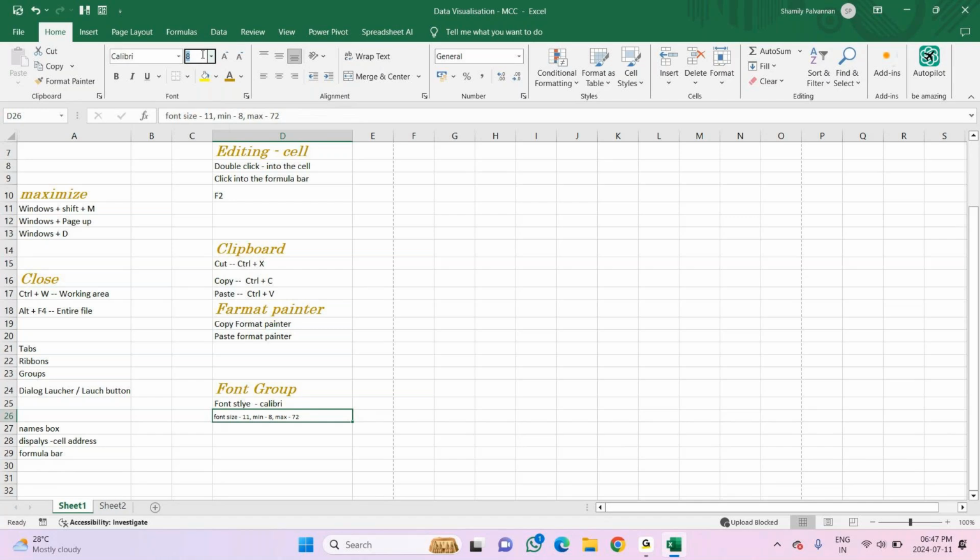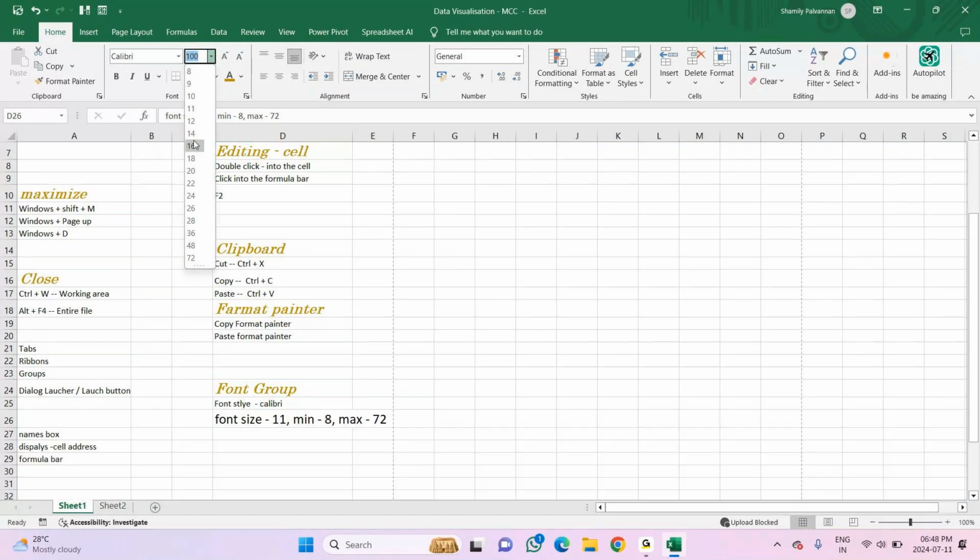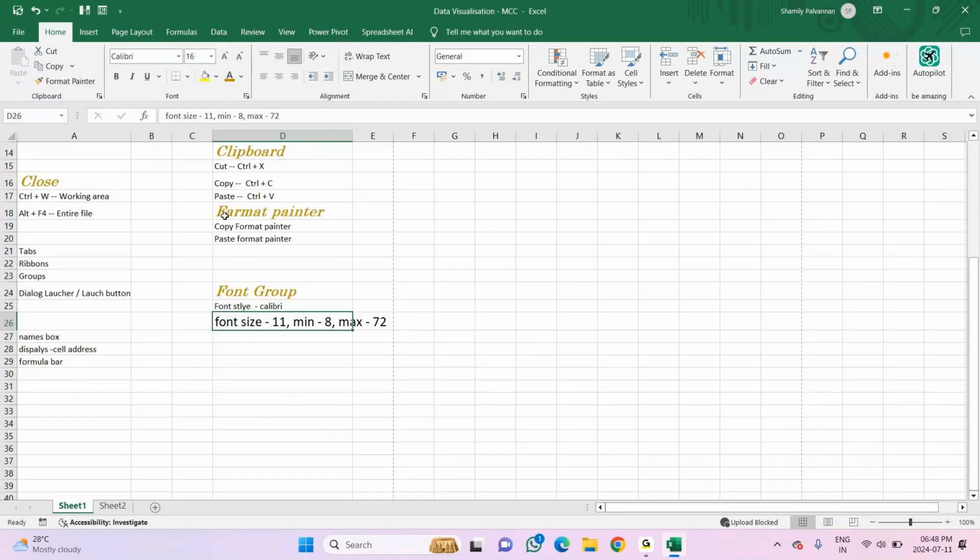So I'm giving 5, or 1, or 100, anything not available, you have to give manually. And there is no shortcut key for increasing and decreasing font size in Excel.